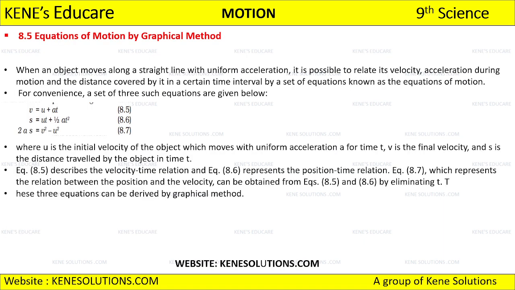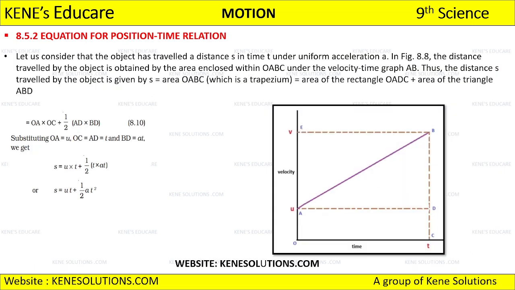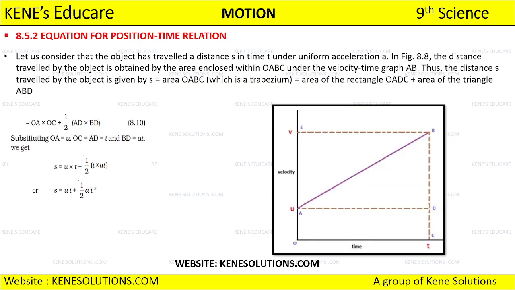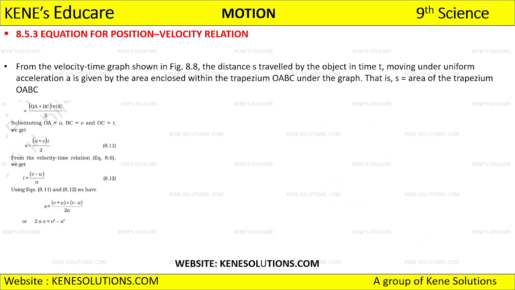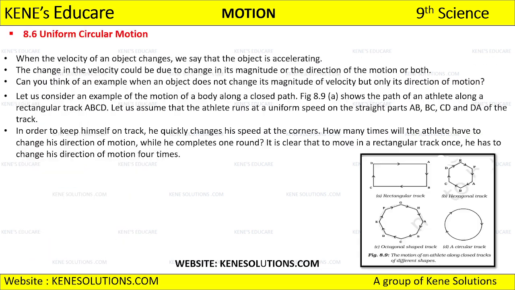After this, we will be discussing equation of motion by graphical method. How can we represent the equation of motion by graphical method? We'll be discussing that. Then we have the equation for velocity time relationship to discuss. Then the equation for position time relation. First we have the equation for velocity time relation, then the equation for position time relation. After that we have the equation for position velocity relation, and lastly we have examples 8.5, 8.6, and 8.7, which